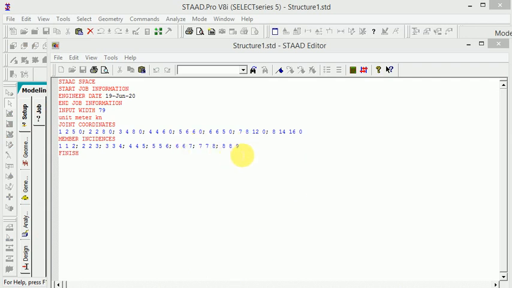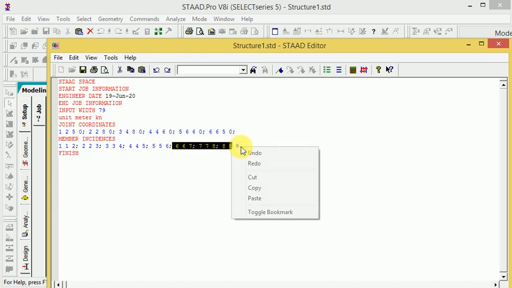Now see this, we provide the member incidence and how to join the member between two nodes. Now if you want to delete here, if you delete and remove the node, and if you again delete, it also removes the node here. So it is very easy to join between members. If you want to delete, delete, otherwise do not delete, so create the member also.